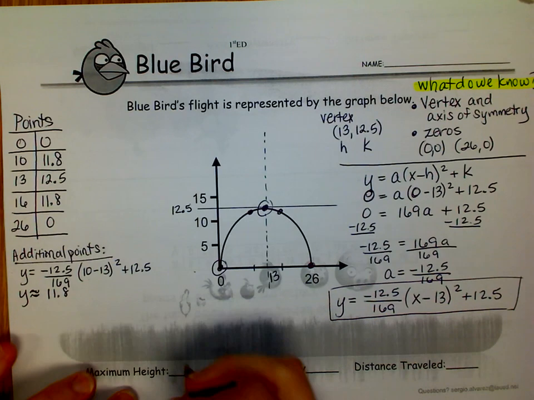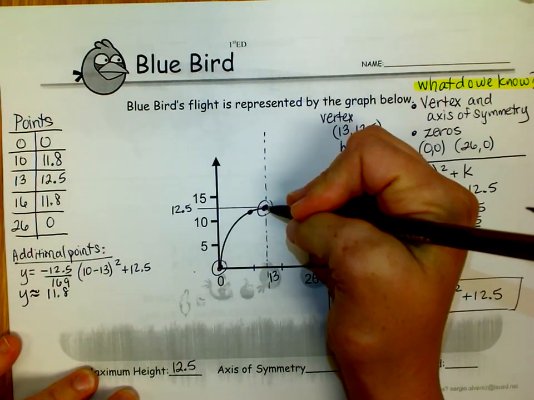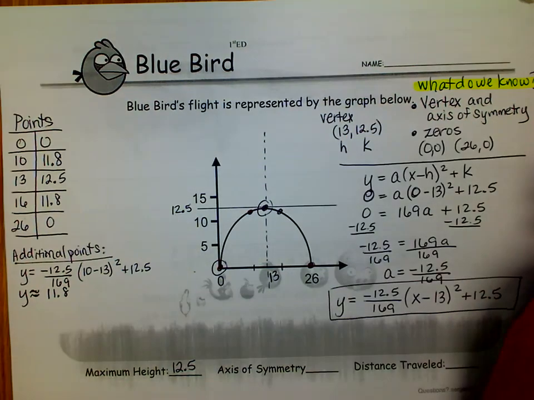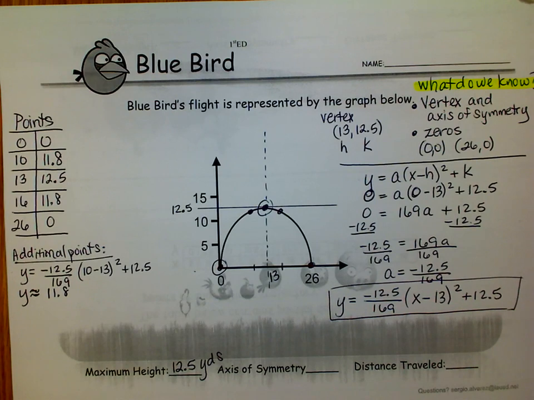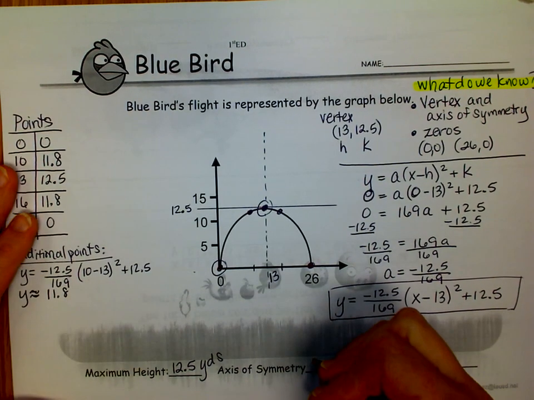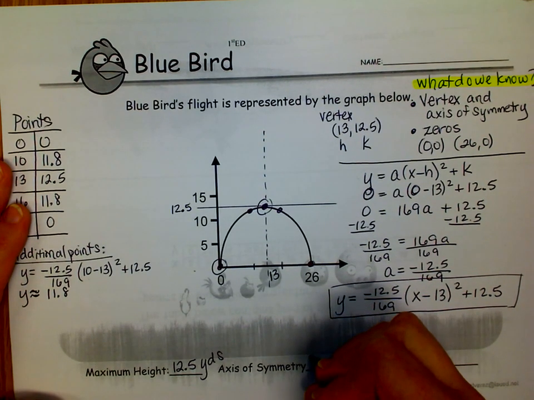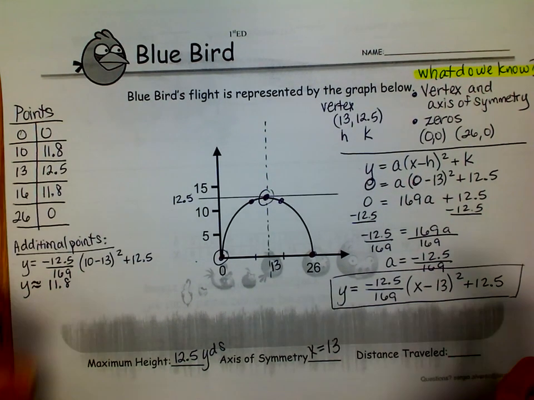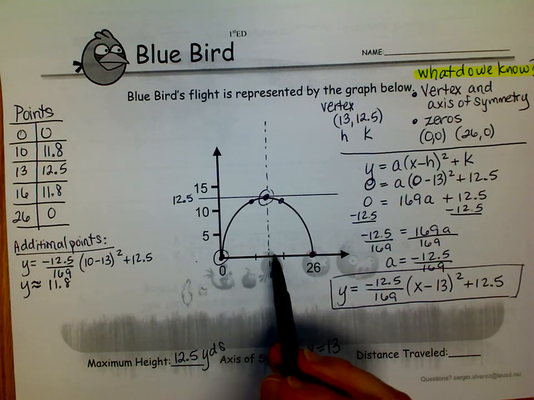So the maximum height in our graph is the y value of the vertex, which is 12.5. So 12.5 yards is the highest the bird's going to go in this path. The axis of symmetry will be the x value of the vertex, which is 13. So at 13, let's put that as an equation: x equals 13,